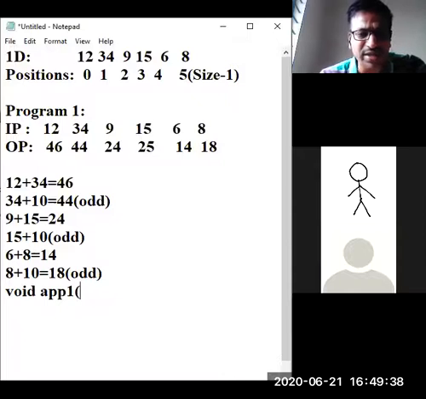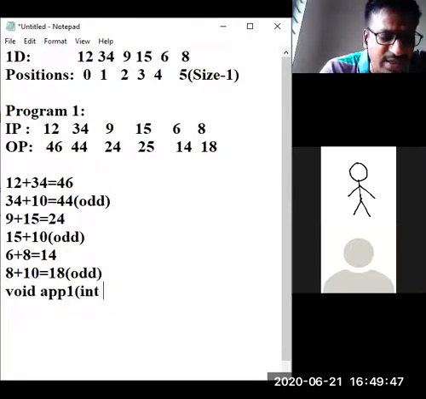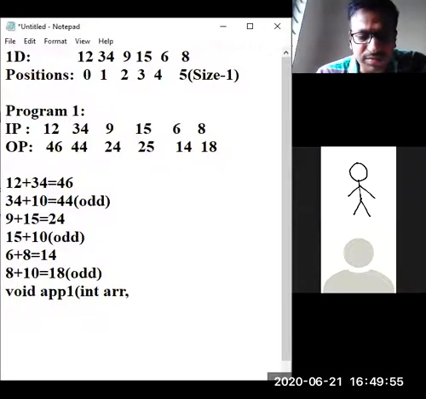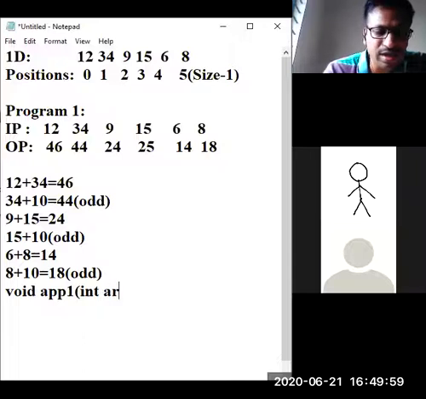It means they will give the parameters, and you have to assume the arguments are passed, and you have to provide the internal code. They will give it like this, ARR, the array name, comma, int AR.